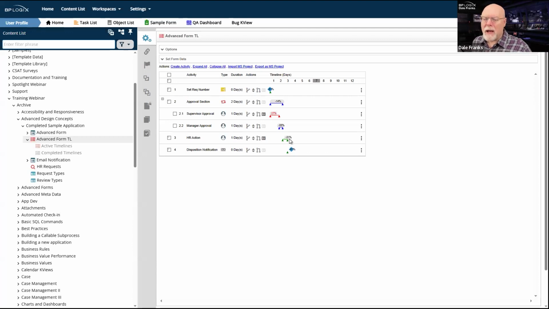So the timeline analysis view is our first stop that we take on seeing how well our process is doing over time and gives us a good management overview of how our process is working. And we can see what's working well and what's working poorly. And then we can make some changes to our process in changing our due dates. We're going to talk about changing processes and how it affects in-flight stuff in the future.